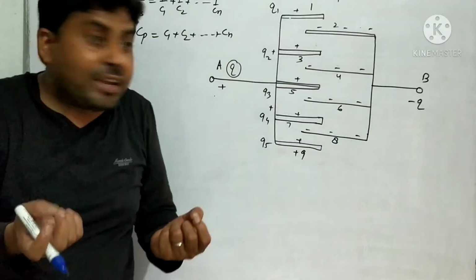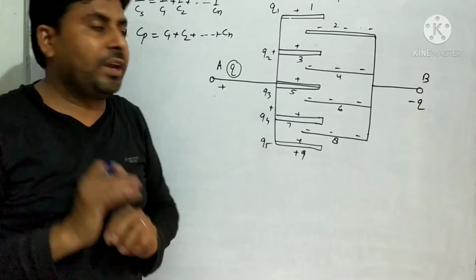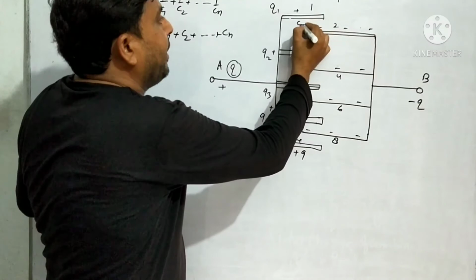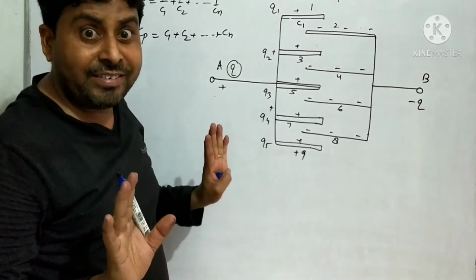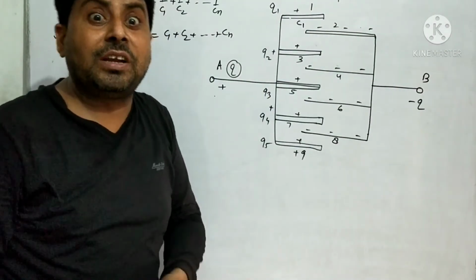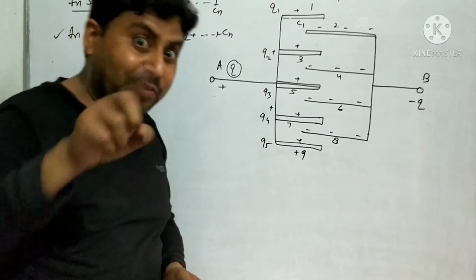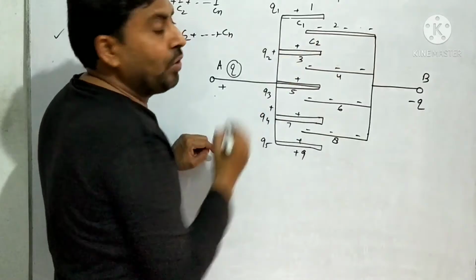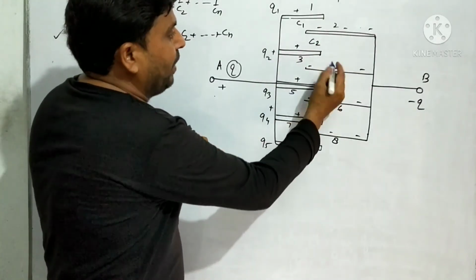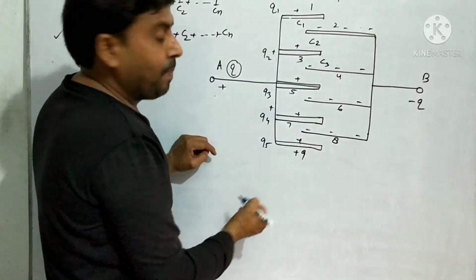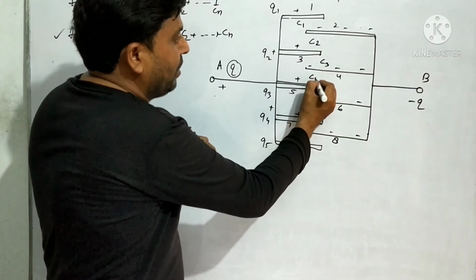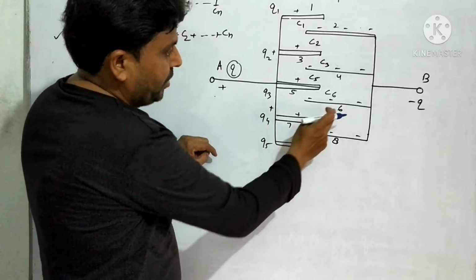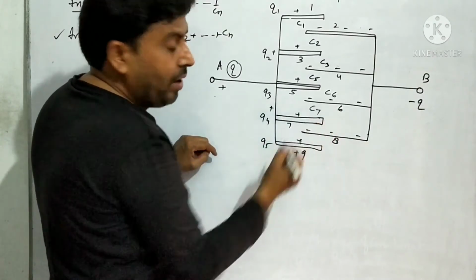Then how many capacitors are generated here? How many? First one, positive, negative. The first capacitor here is said to be C1. Is it clear? Because in a capacitor, 2 plates must be there, one positive, second one negative. C2, C3, here also C2. Third plate, fourth plate also C3. Fourth plate, fifth plate also C5. Fifth plate, sixth plate C6. Sixth plate, seventh plate C7.